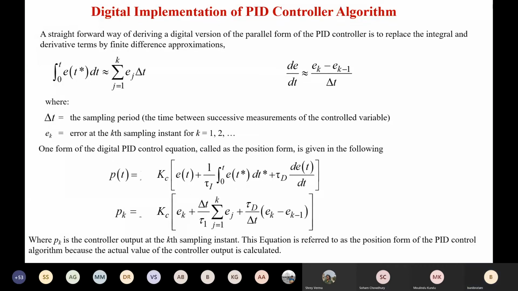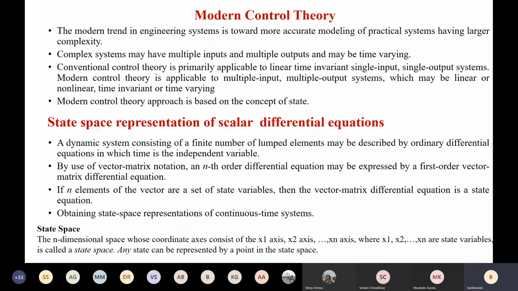So this is all about our PID controller. We have discussed in detail the effect of P, I, and D individually, their mathematical calculation as well as their physical interpretation. Then we have talked about how to implement the PID in analog circuits as well as on a digital platform, and how to tune them, right? Those aspects we have talked about in detail. So is it okay for all? Okay. So if it is okay, then we will move to our next topic.